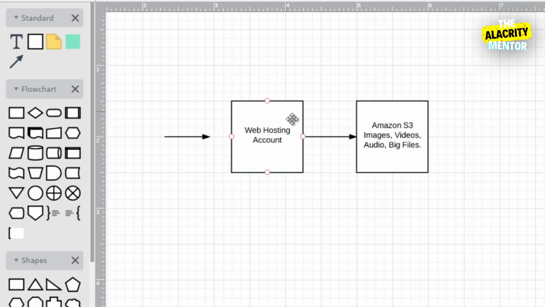So I just want to make that clear, that you understand that this doesn't necessarily replace this. You still have the web hosting account, you still have WordPress on this account, you can still have images, but the whole goal is to alleviate that burden. All right. So now that you understand how it works,